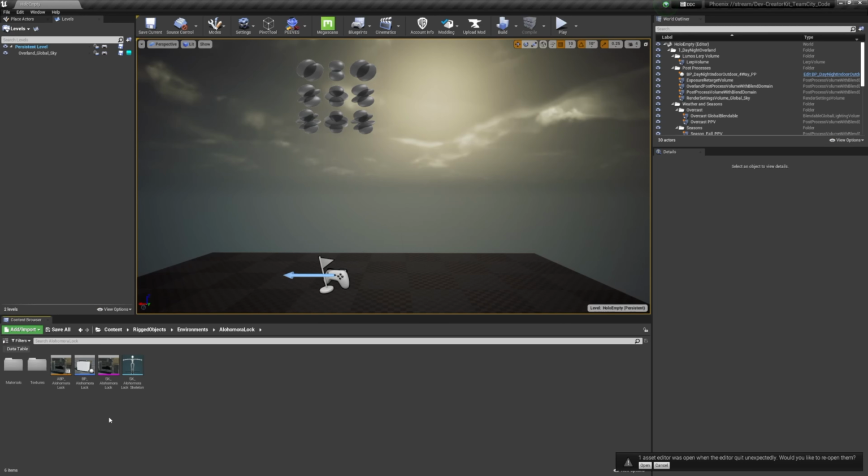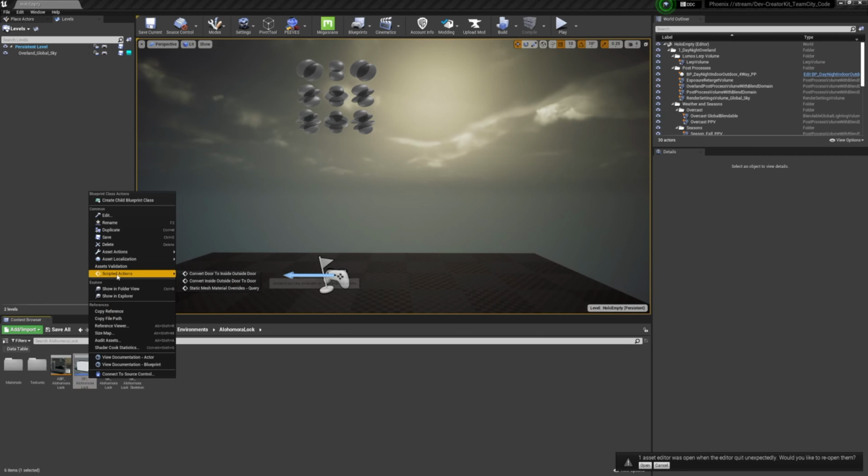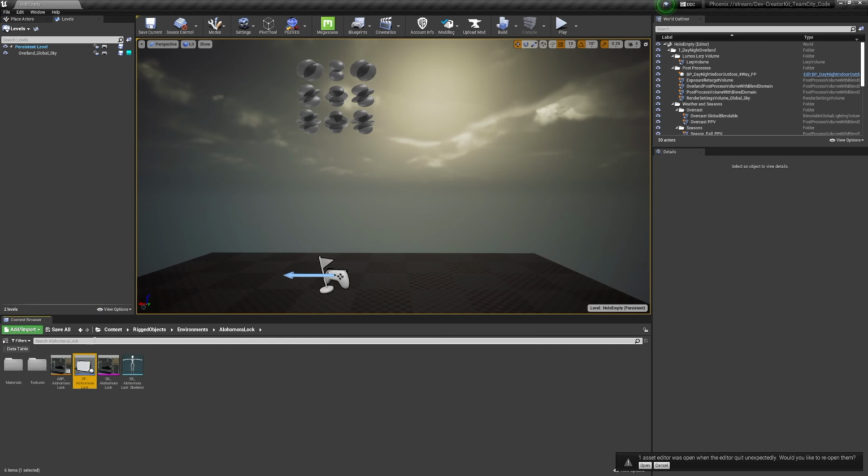To do this, first thing we're going to do is create a reference to this BP Alohomora lock. So we're going to select it in the content browser, and then right-click it, and then select copy reference. Then we're going to navigate back to our mod folder, click in the content browser, and then select Control V